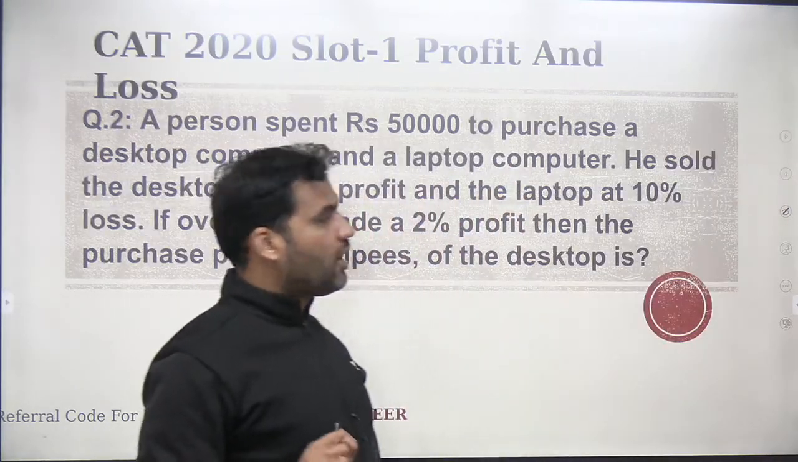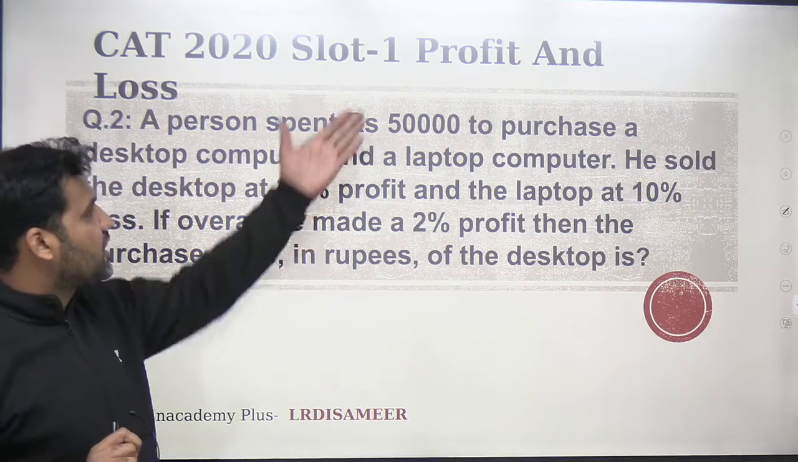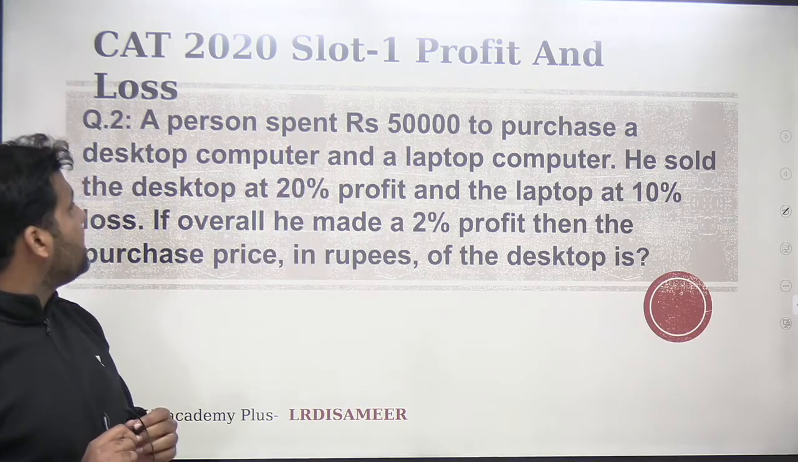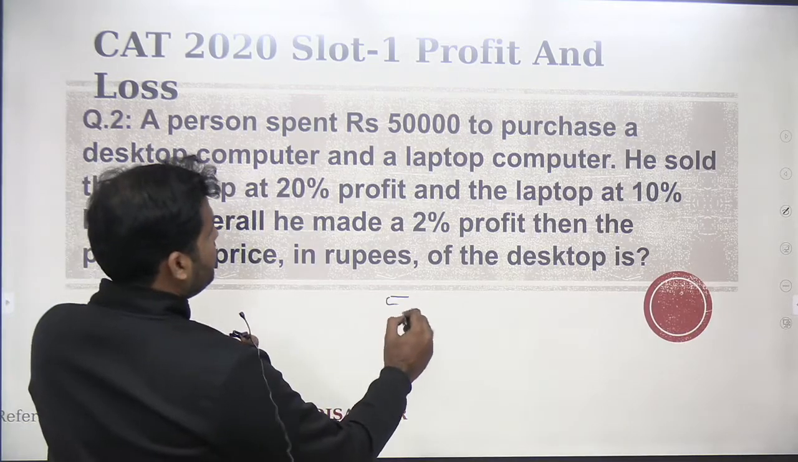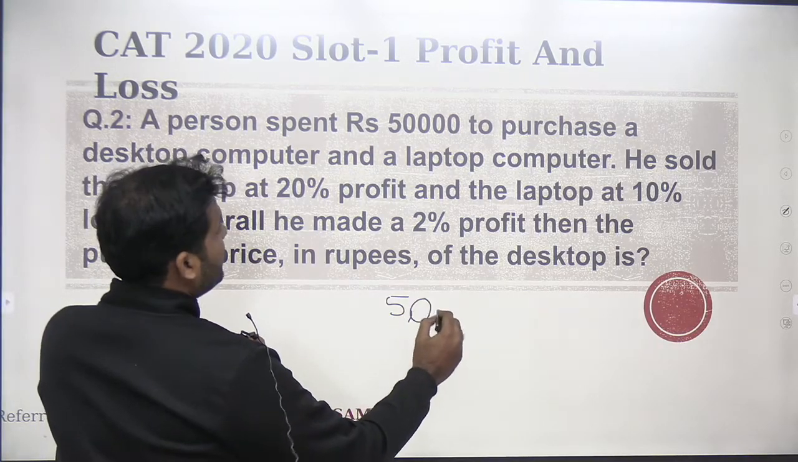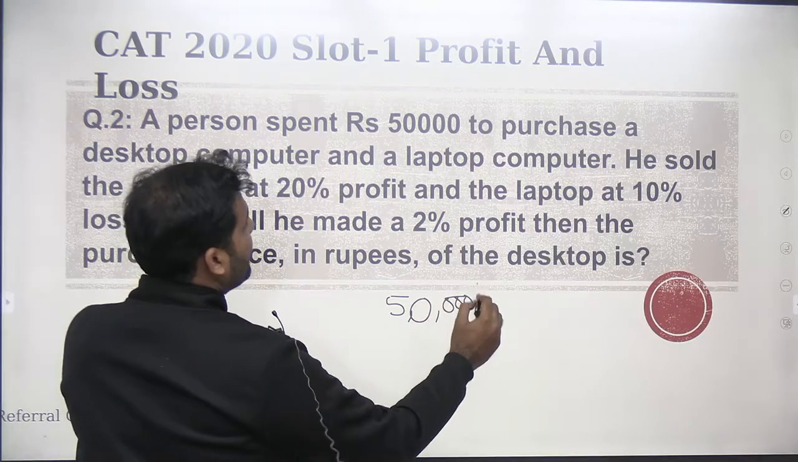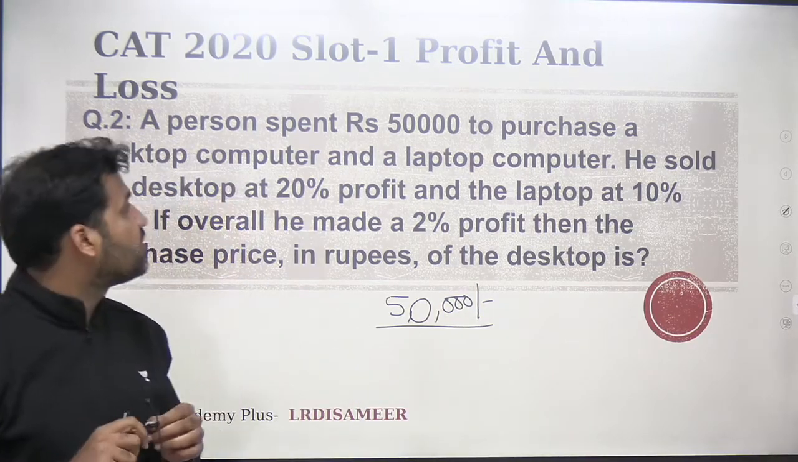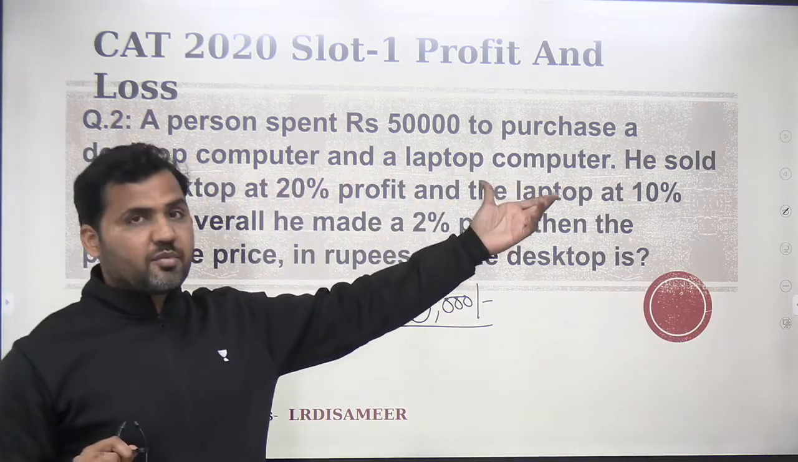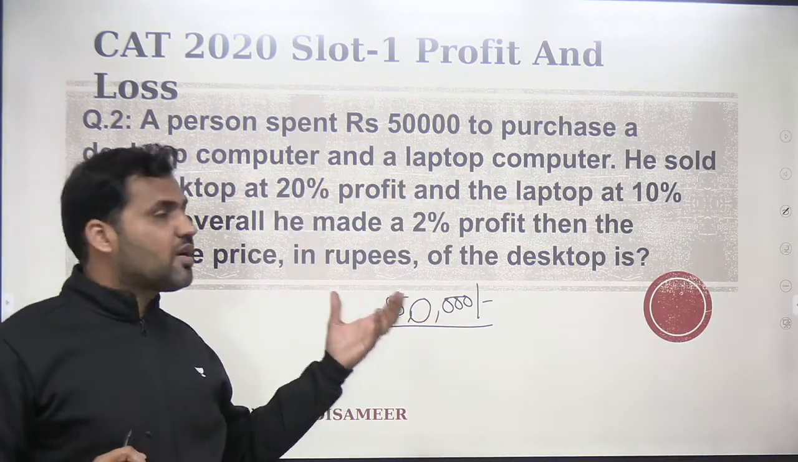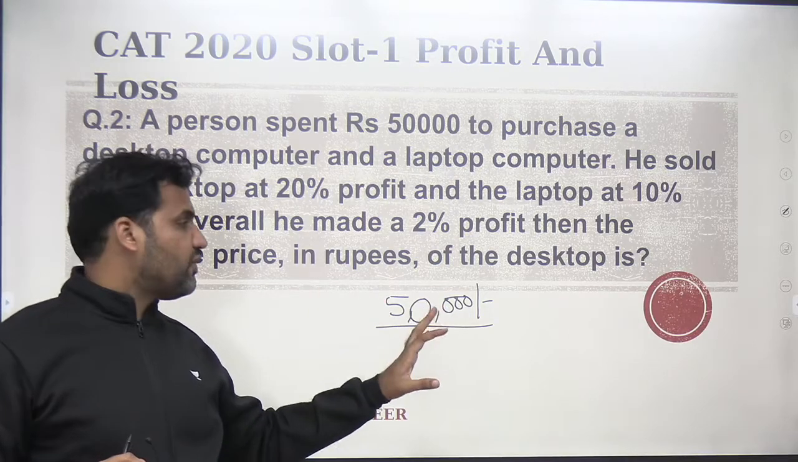Now, moving on to the next question. This question is from Profit and Loss. As you can see, question number 2, it says a person spent rupees 50,000 to purchase a desktop, right? So this is the total money that he's spending. 50,000 is the total money that he's spending to purchase a desktop computer and a laptop computer. Now, how much he's spending on desktop, how much he's spending on laptop, that we do not know, but total